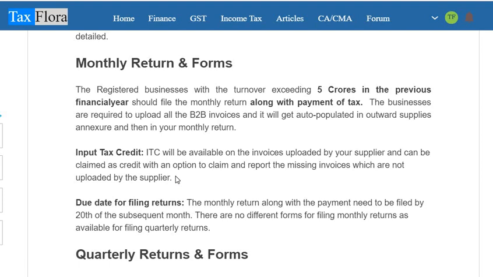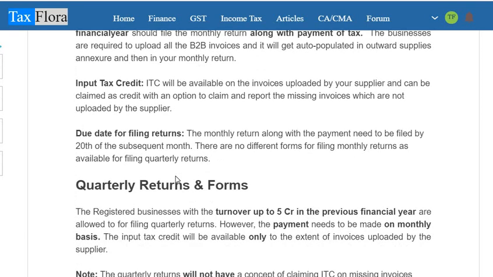So there is an option to report those missing invoices which are not uploaded by the supplier, and then you can claim separately those input credit which are not reflected in your return. Okay, now what are the due dates for filing these monthly returns? As usual, how we are filing for GST 3B, the monthly return along with payment needs to be filed by 20th of subsequent month,